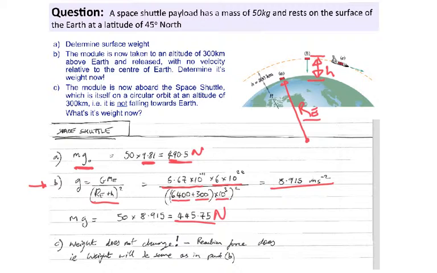And then finally, what happens when this object is now going in orbit? Well, of course, the weight doesn't change. The weight at that height is always going to be the same. What has changed is the fact that it now has this component of circular velocity. So at any one point, you're travelling